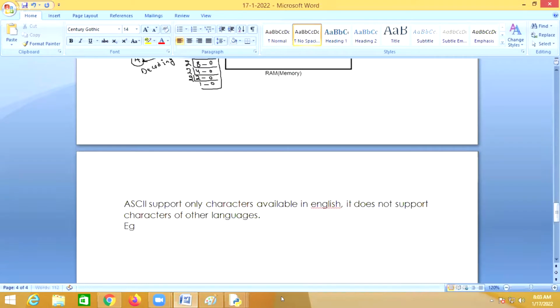For example, C uses the ASCII character set. ASCII supports only characters available in English, but it doesn't support characters of other languages.